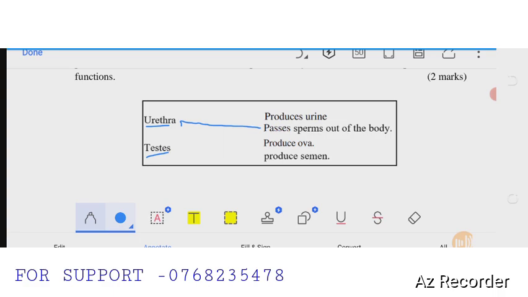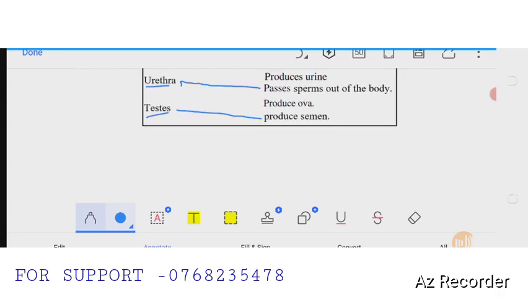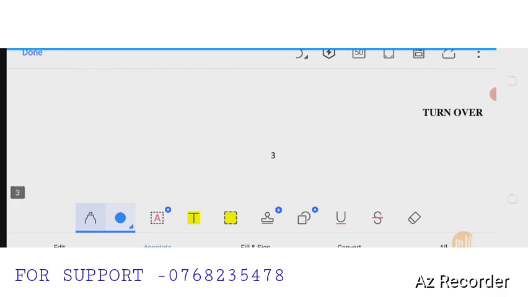Produces ova, which is an egg, is produced by the ovaries, and that's not what we need. Then finally, testis produces semen. That's how you match and get your 2 marks. So the next question